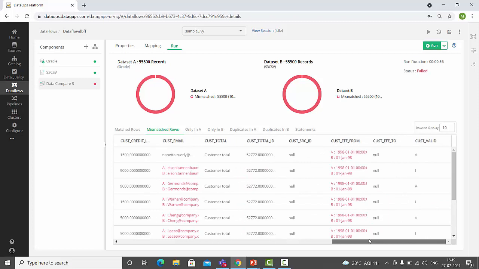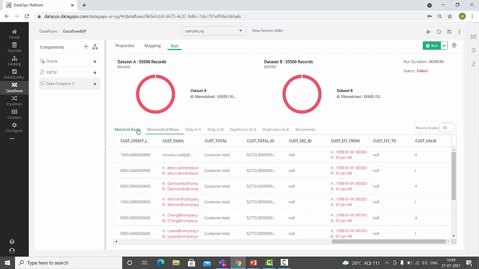These results can be exported as well, and we can write this data to files, or we can write the same data to JDBC data sources using the sync components. So you can see these are the mismatched rows.